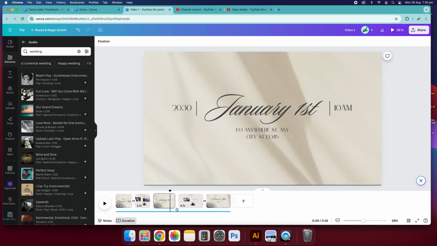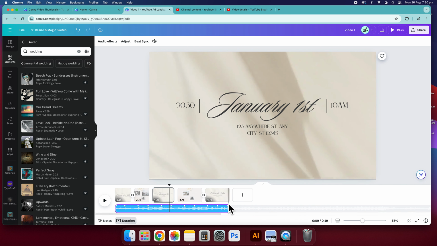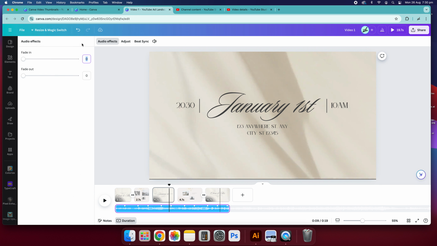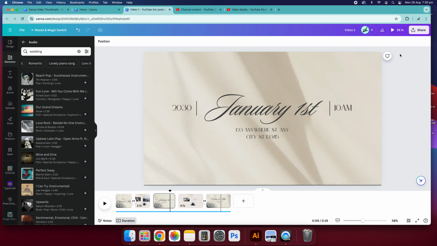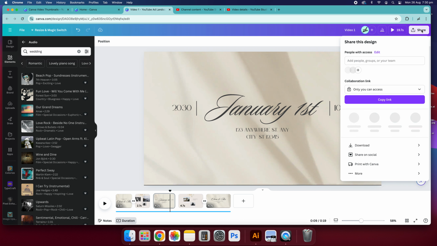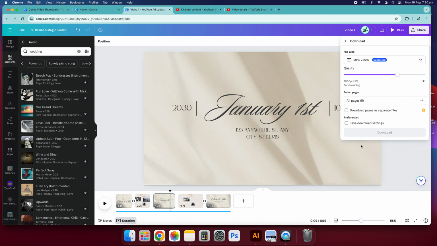If you need to add audio effects, click on the audio bar and you can click audio effects, and there's fade in and fade out options here. There are other audio clips, you just have to search for them in here, so just keep that in mind also. The last thing I'd probably say is if you want to download this, just hit share, download,